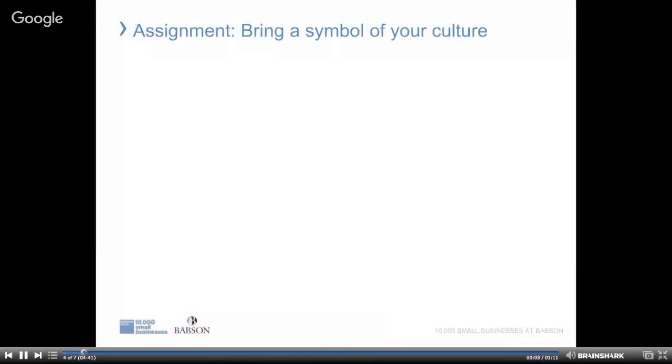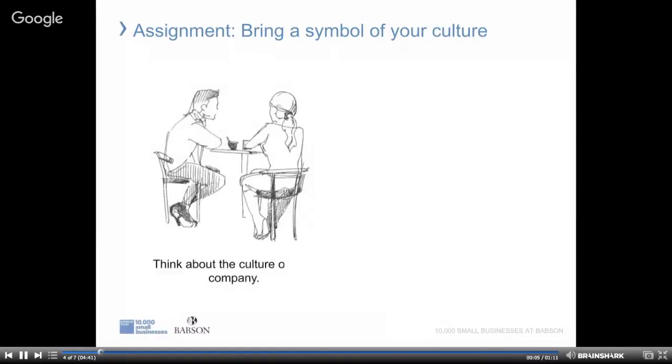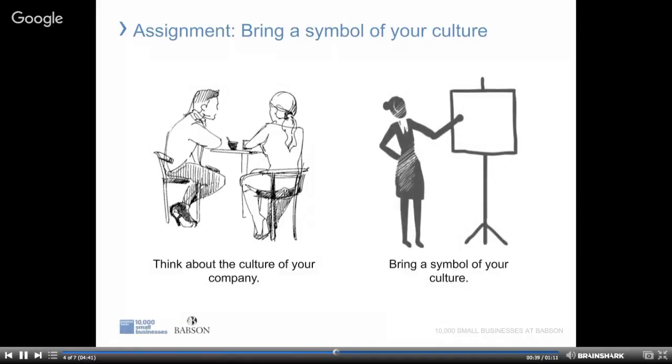Your assignment for Mod Block 11 is to bring in a symbol of your company's culture. We want you to start by just thinking about, what is that culture? What is it that people can see or hear or touch that tells them who you are uniquely? Is there a picture of the founder? Is there old equipment that sits around as a reminder of how the company got its start? Are there stories or jokes that everybody always tells? Well, that's essentially what a cultural symbol is.